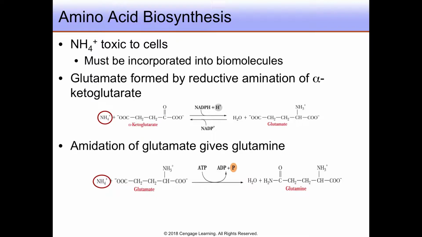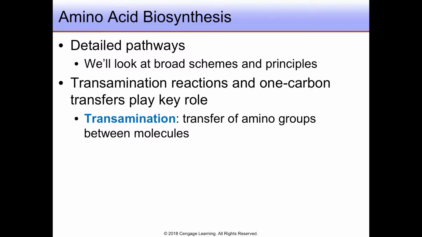Note that this is referred to as an amidation since it results in the formation of the amide side chain of glutamine. Once incorporated into one of these two amino carriers, the most common means of synthesizing other amino acids is by a process known as transamination, the transfer of amino groups between molecules, which we will examine in detail in the next lesson. Since these biosynthetic pathways are very detailed, we want to focus on the main principles and